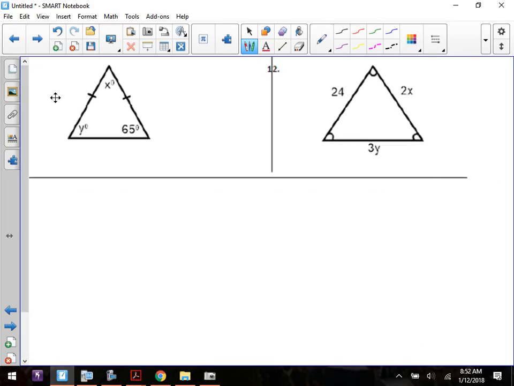You have an isosceles triangle left, which gives y how much? 65. 65 and 65 is what? 130. Subtract that from 180, you're left with